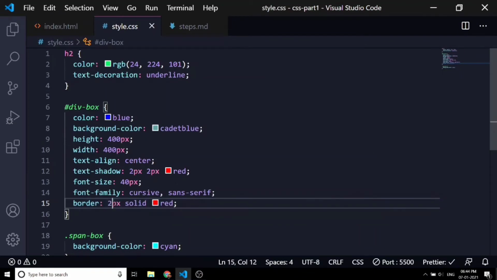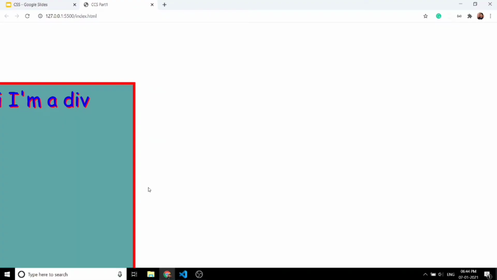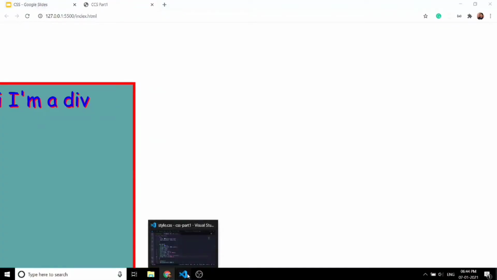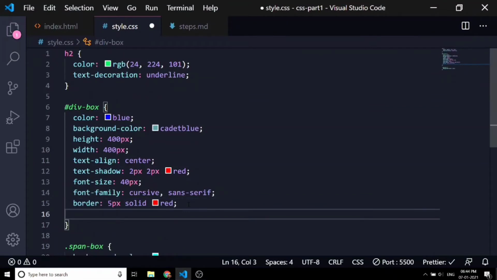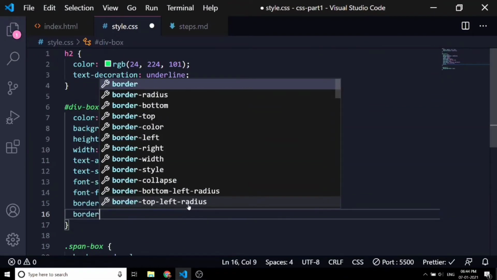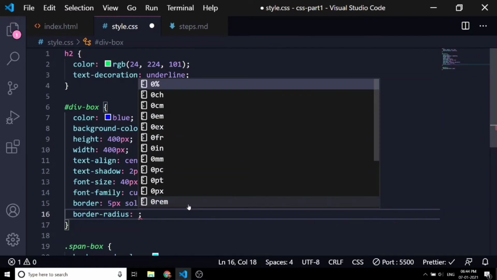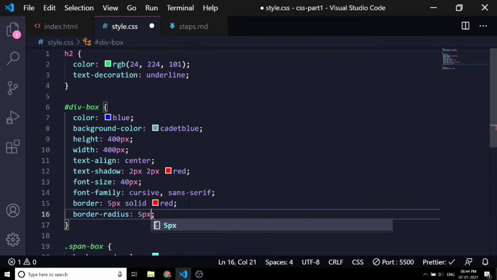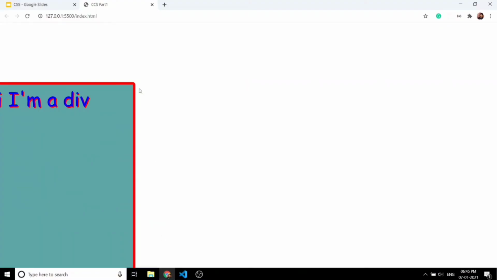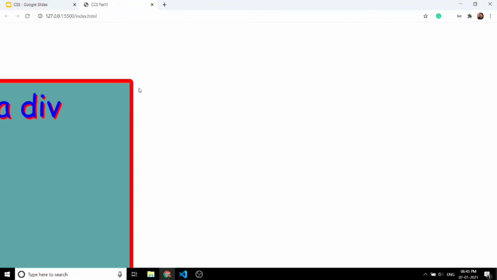You can also increase the size of the border, like we can go to 5 pixels. And as with the rest of them, border also comes with different variations. One of them is border radius. We give a border radius of 5 pixels, and now the sharp edges that we had earlier are curved to 5 pixels.